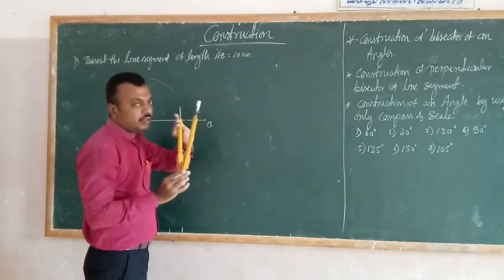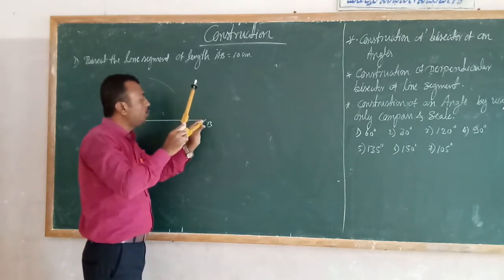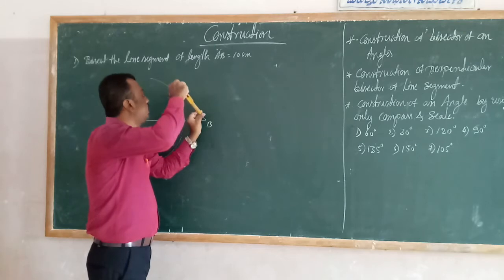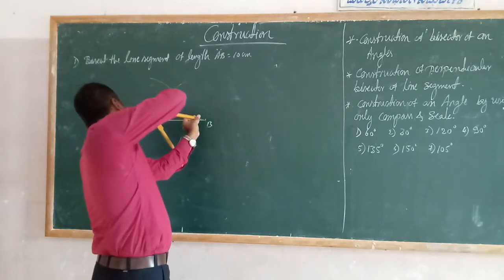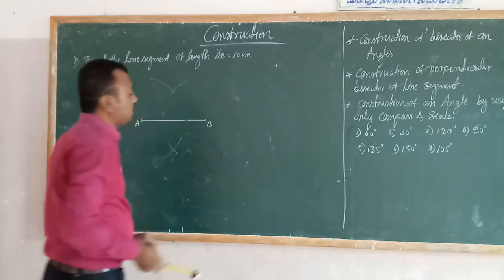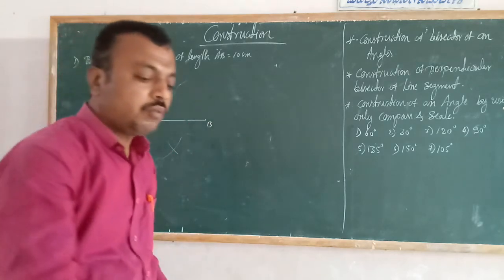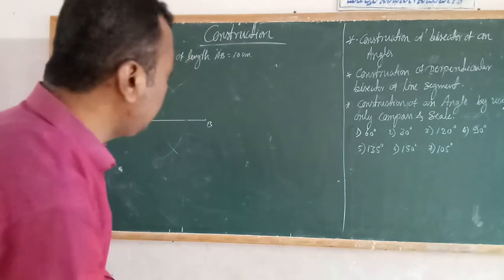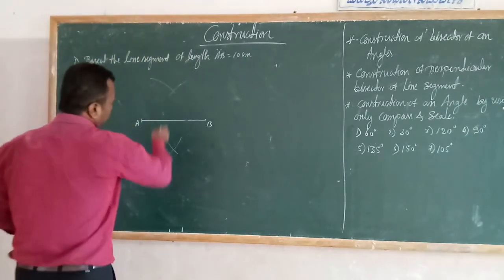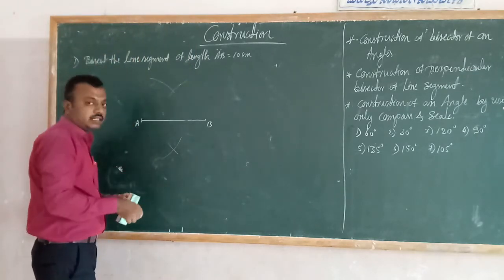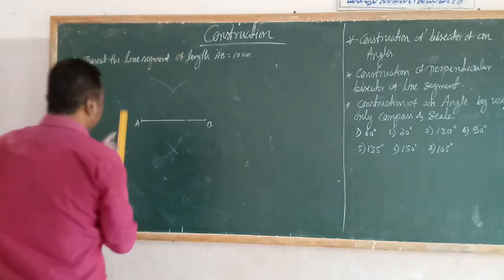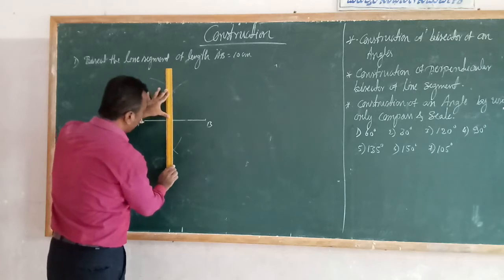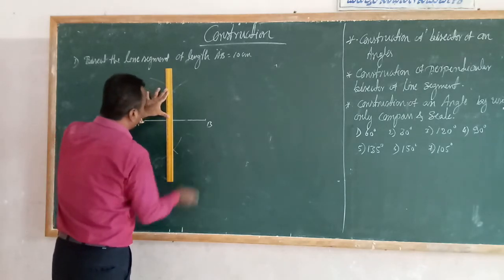Likewise, with the same arc, same radius, keep it on the point B and cut the same arc as the previous arc above the line segment and below the line segment. Is it right? So the arcs above and below intersect each other. Correct? Two arcs intersect each other. Now we have to join this line. See, you have to make this line by joining these two arcs.